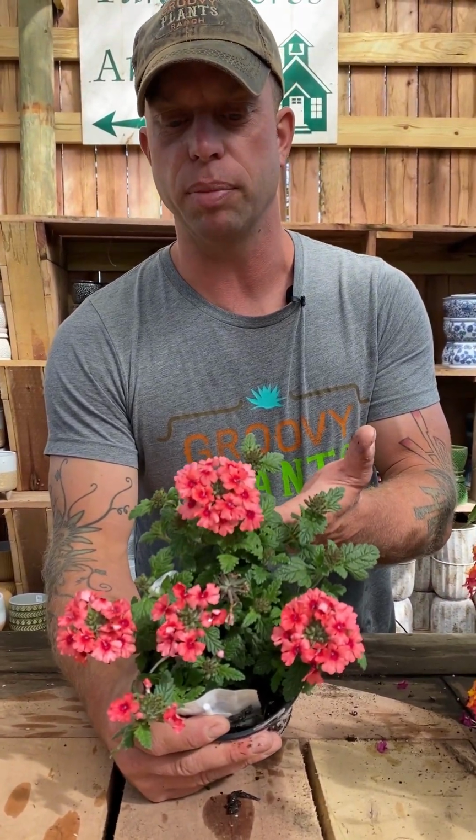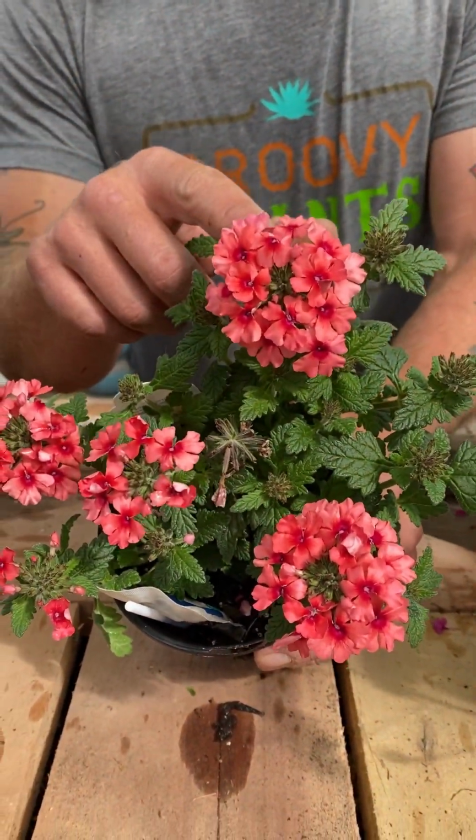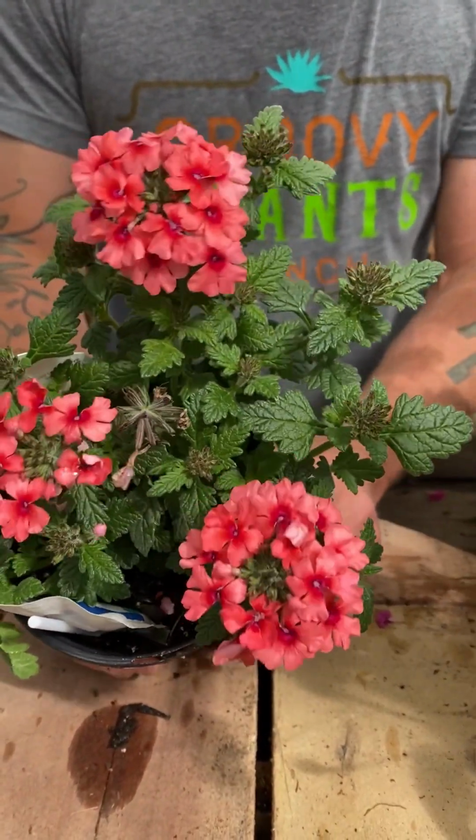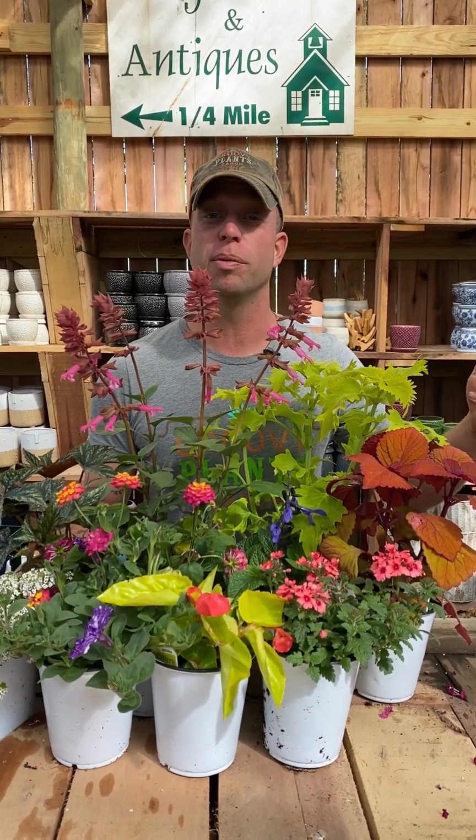And last up, there's so many great verbenas on the market, but probably my favorite is this Lascar Mango Orange. This plant lasted 2 years in trial gardens. I could see it from a mile away. Fantastic, durable, landscape-worthy annual. So there you have it, a quick primer of some of my favorite annuals that we